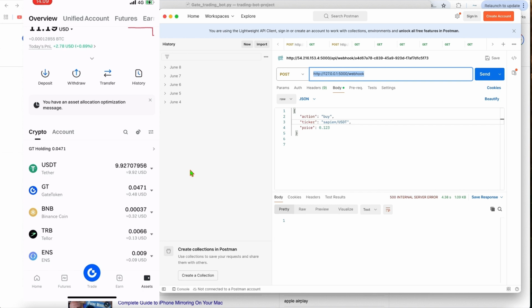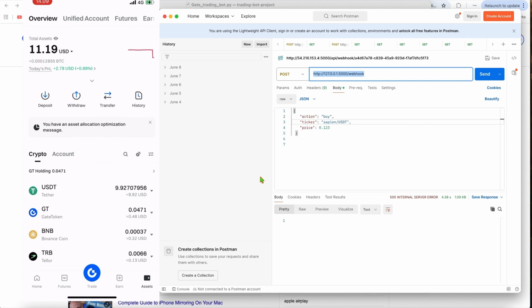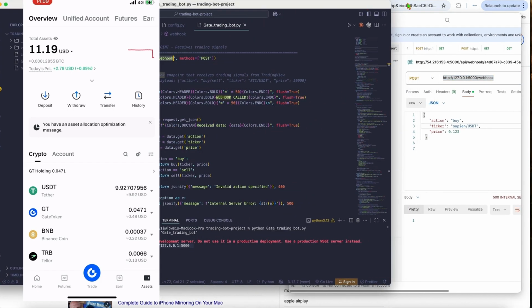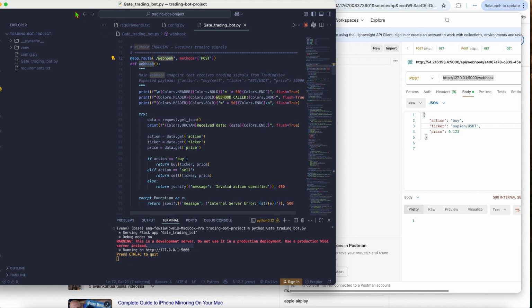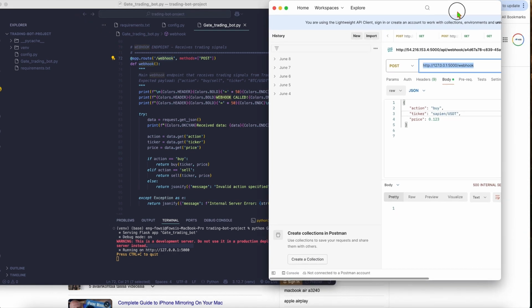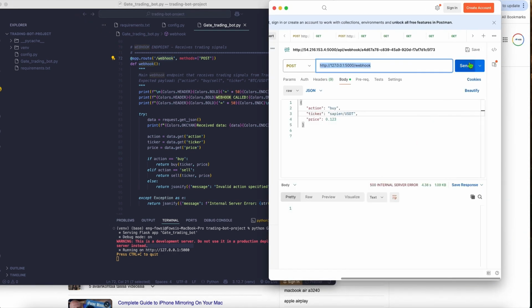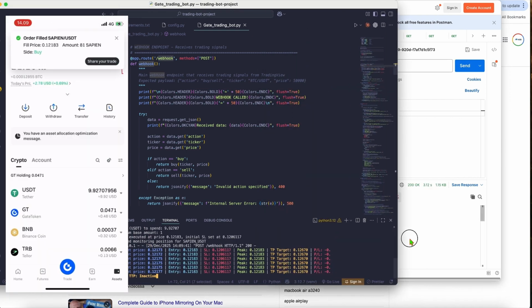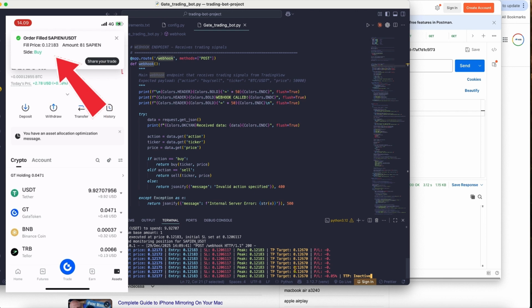As you see now, I have only 10 USDT in my account. So let's send and check if this works. Let me put this one like this to check that everything is working. I'm going to send first. Let me send first here, and then we will check. Let's say send. As you see here in the account, it already executed, and then it checks